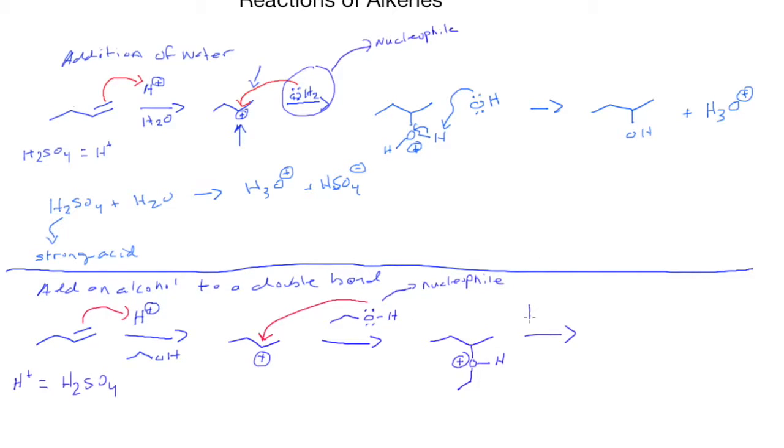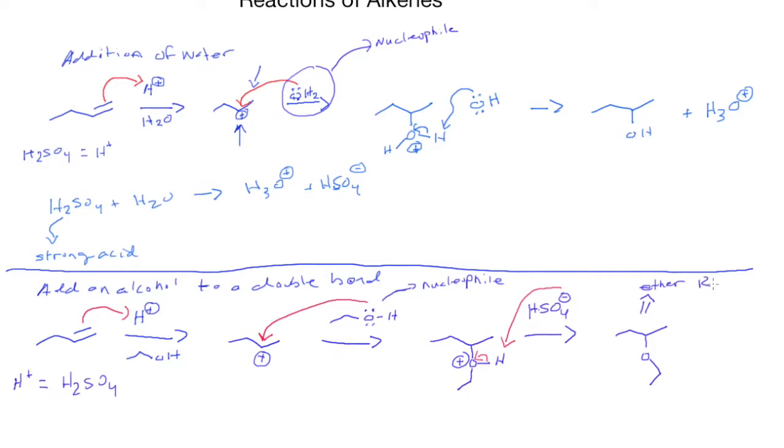So let's just do this. We're going to regenerate our acid catalyst now at this point here to come and pick this guy up. And this can give us now an ether. This would be what we refer to as an ether,